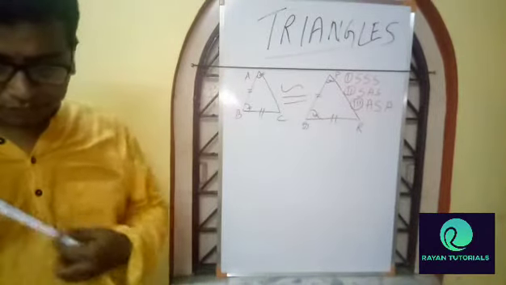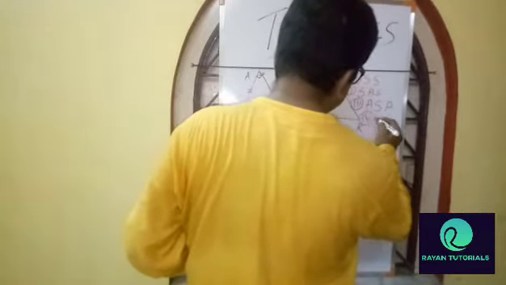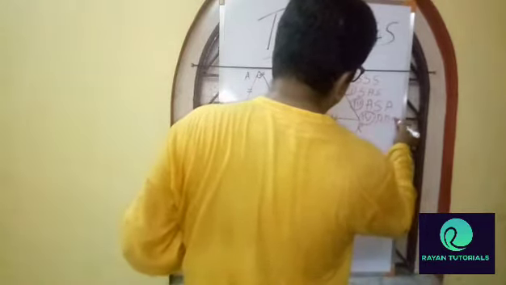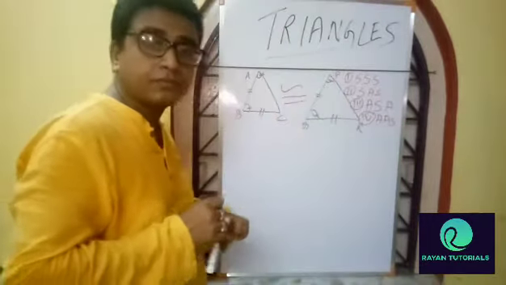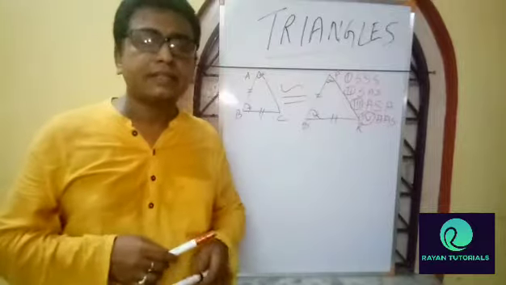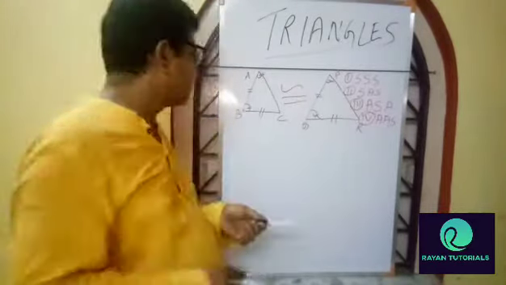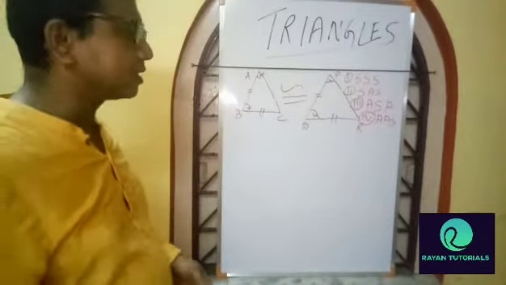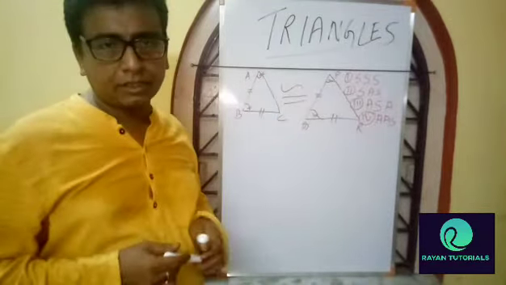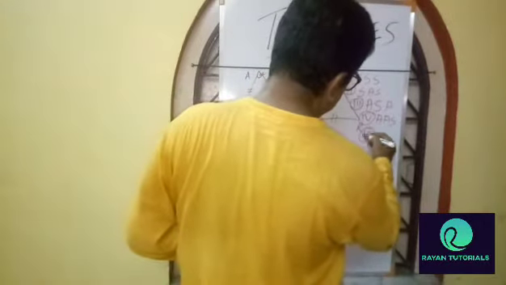Next, AAS. Angle, angle, side. Two angles and one side will become congruent. And the last one is